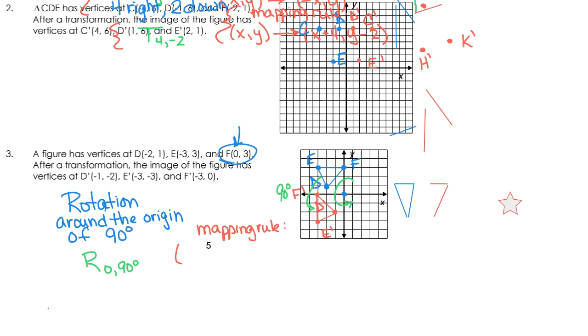we're going to start off with x comma y. And we're going to go ahead and see where they map onto. Now this one's a little bit tricky. But if you take a look at those coordinates, maybe you can figure it out. I would not look at E's coordinates because they're both 3's. And I don't know if I would look at F's coordinates because of the 0. So you're going to have to look at the D to D prime and see if you can figure it out. But if you notice, there's a 1 and a 2